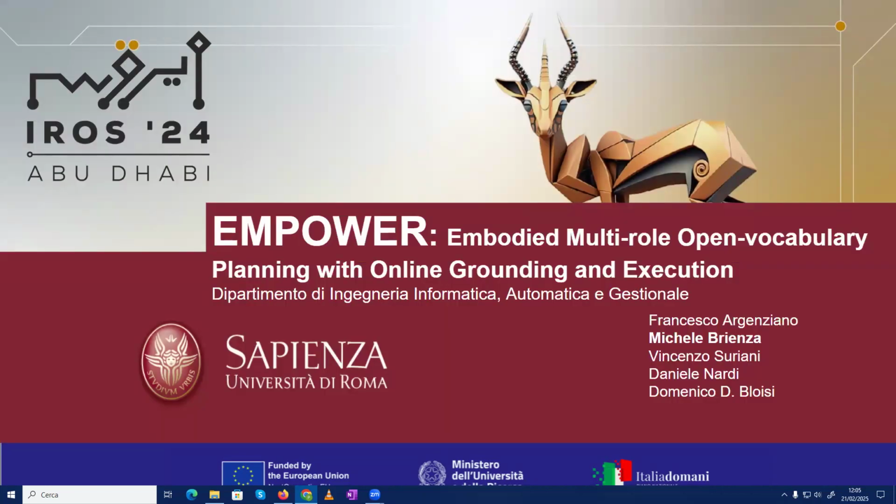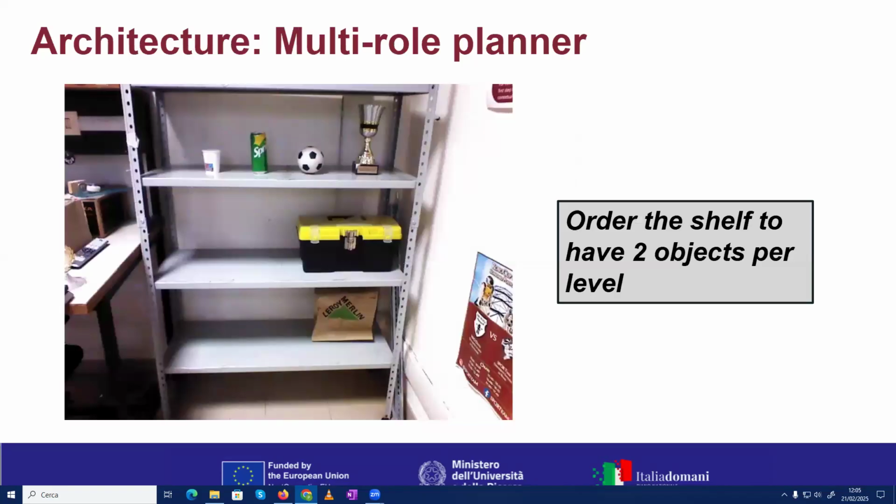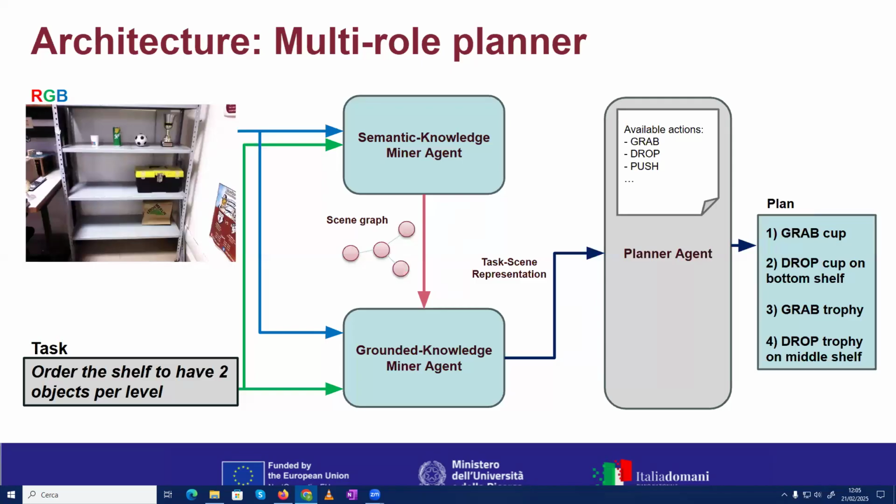We put this architecture on an embodied agent. In particular, if we want to use LLMs in real scenarios, how can we do that? We developed this architecture on a Tiago robot. In this case, for example, we asked the robot to order the shelf to have 2 objects per level. The visual language model has to understand that we have 3 levels and the number of objects per level. In this case, we have to put the trophy cup in the middle shelf, for example, and the ball on the bottom shelf. To do this, we use the architecture that we saw before, but in this case, for